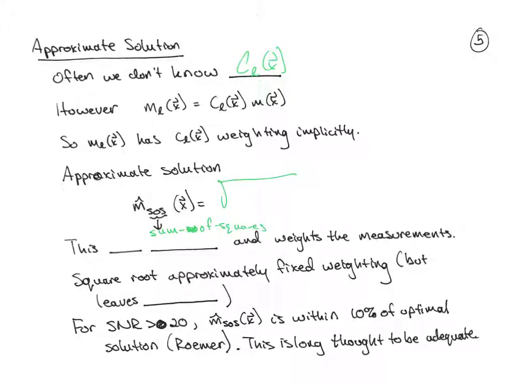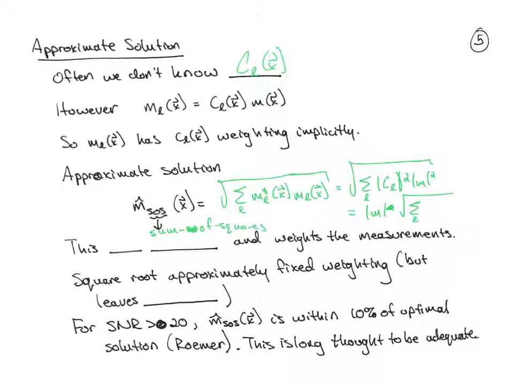And this is given by the square root of the sum over coils of each individual coil's image times its own complex conjugate. And if we write this out, then what we get is the sum over L of magnitude C sub L squared times magnitude m squared, which is equal to magnitude m squared, right? Because magnitude m comes out of the summation, times the square root of the sum over L of magnitude c sub L squared. And this guy is approximately m hat of xp amplitude